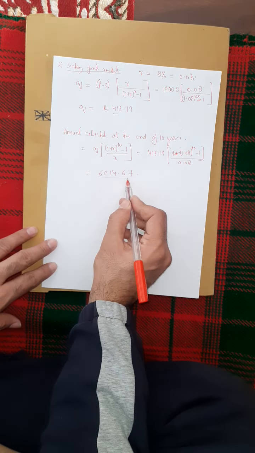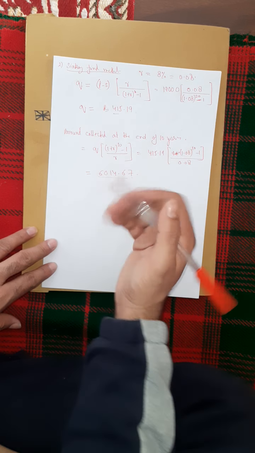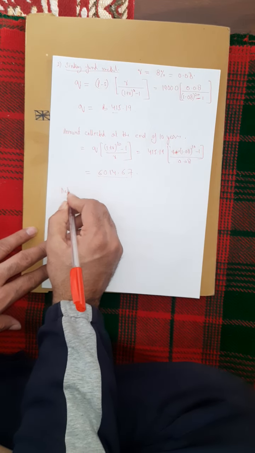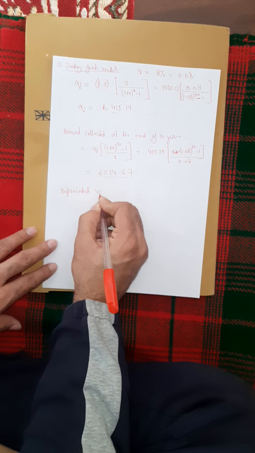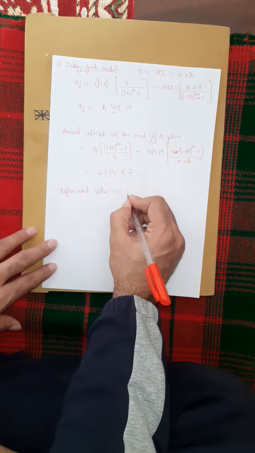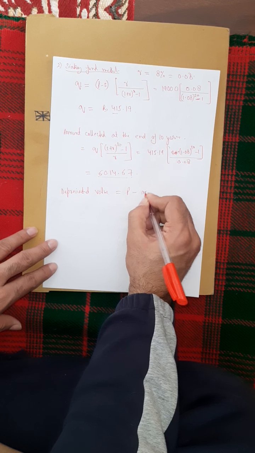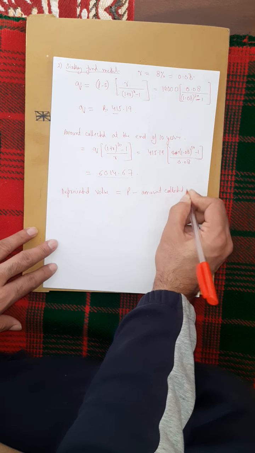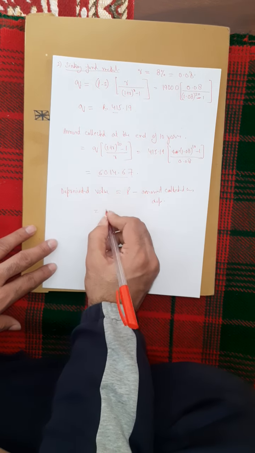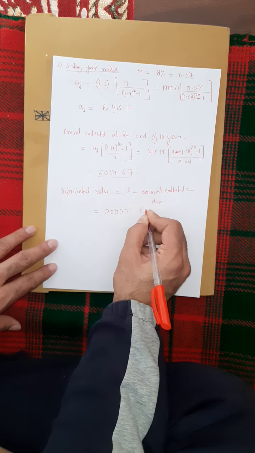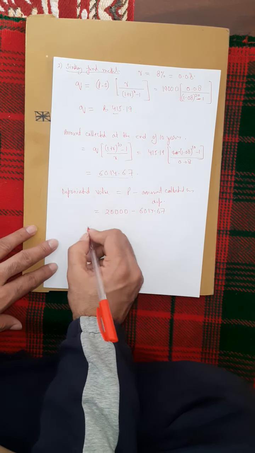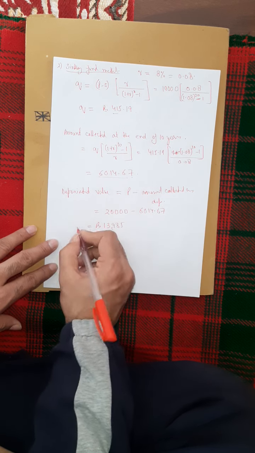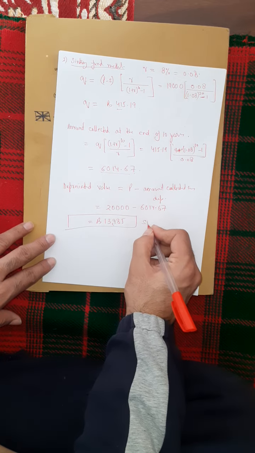So this is the amount collected at the end of the 10 years, and 20,000 is the initial cost. So can you calculate the depreciated value? Simply, the depreciated value will be equal to initial P minus the amount collected as depreciation. So it is 20,000 minus 6014.67. So the depreciated value after 10 years will be 13,985 rupees. So this was using the sinking fund method,